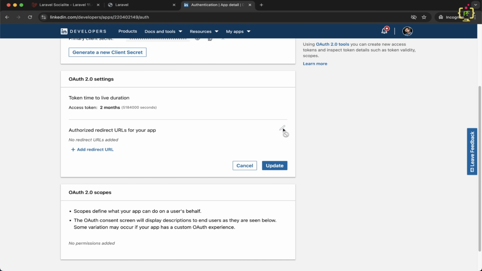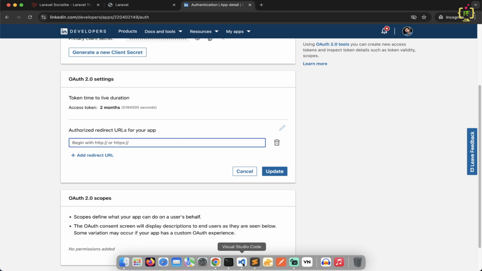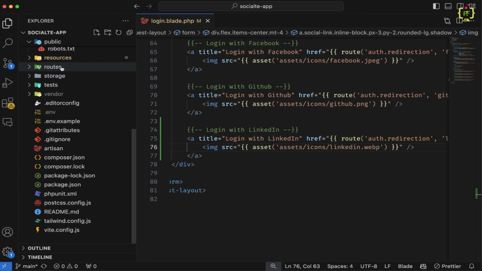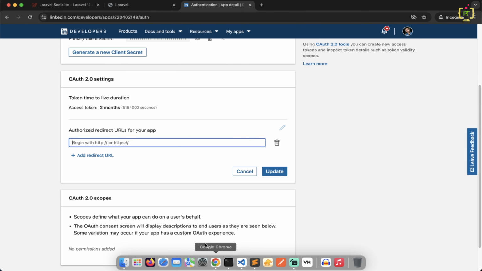Let's click on edit and here add the redirect URL. For the redirect URL, I already created a common route in our application. If you come to the web.php, I have the callback URL as auth/provider/callback, and inside this provider, we will have to provide linkedin-openid as the provider name. So I will copy this endpoint name. I will come to the LinkedIn application again.